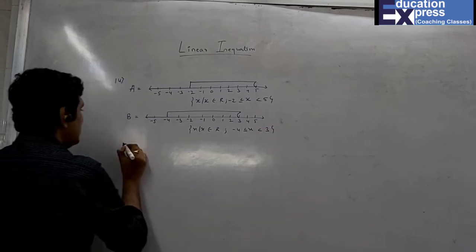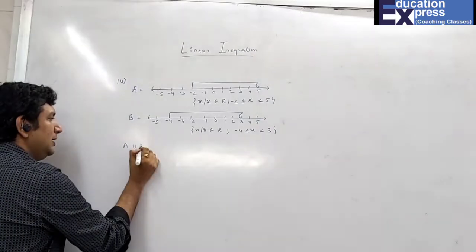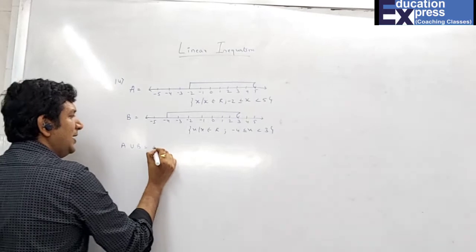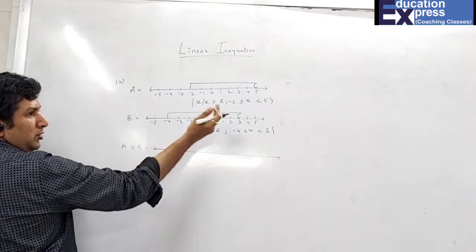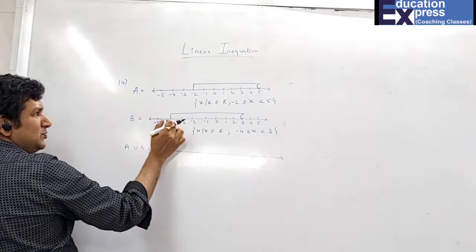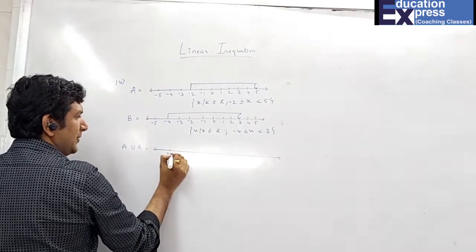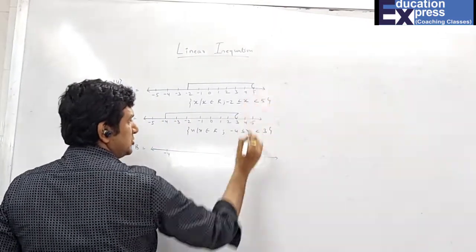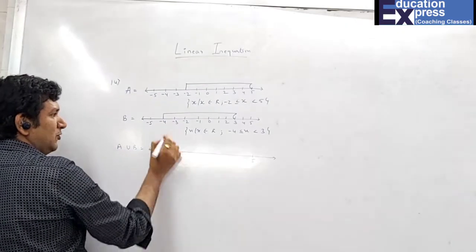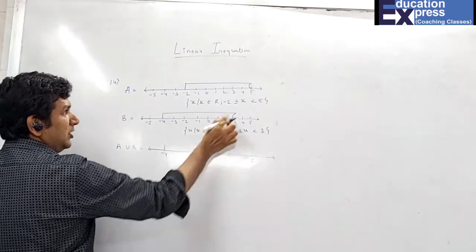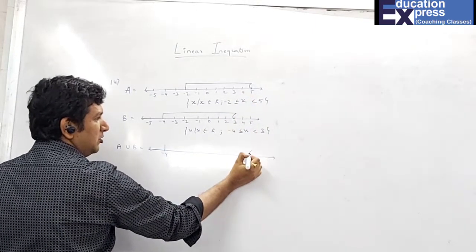So now in case I'm talking about the union, as I've told you, maximum left and maximum right. The maximum left, which is going more towards the left, is -4. So -4 is the maximum left, and which is going more towards the right is 5. That's the maximum right. -4 I got from here, it was included, so I have to include it. 5 I got from here which is not included, so I will not include this.